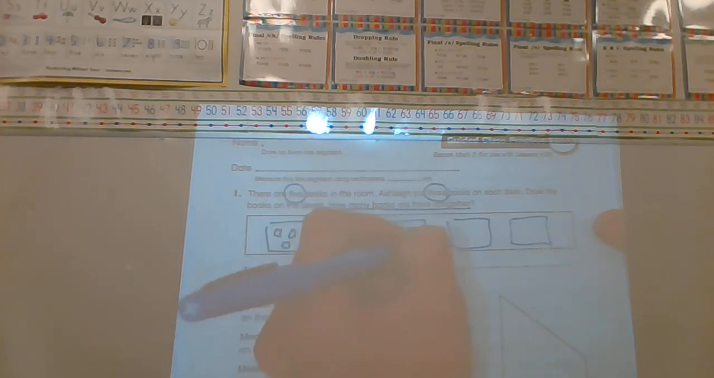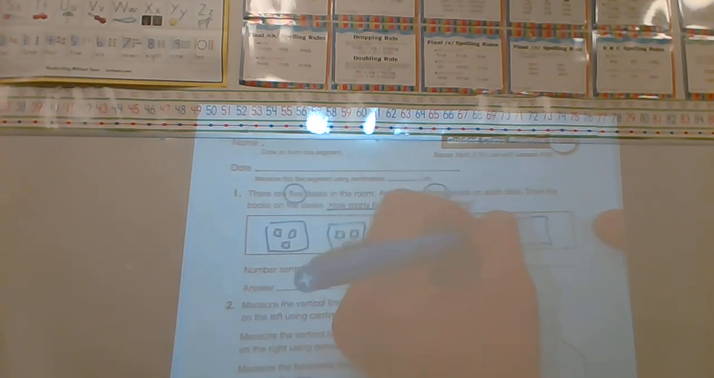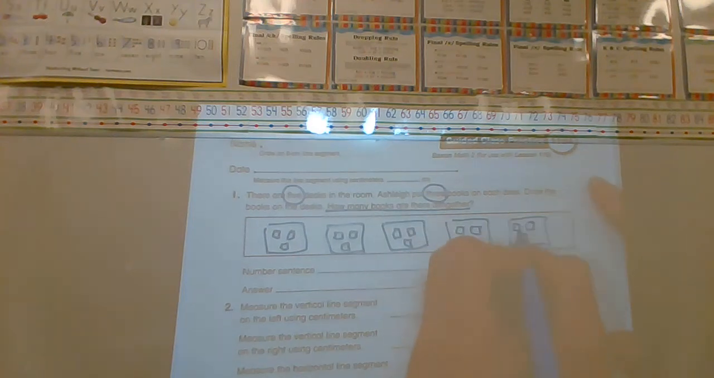So we're going to have 5 desks, 1, 2, 3, 4, 5, with 3 books on each desk. And when you get your 3 books on each desk,